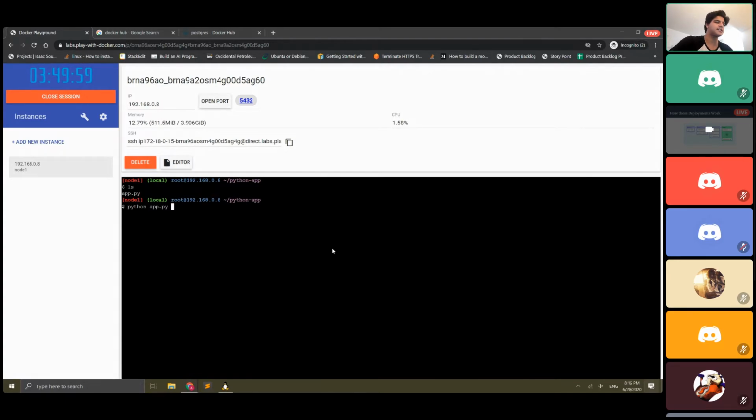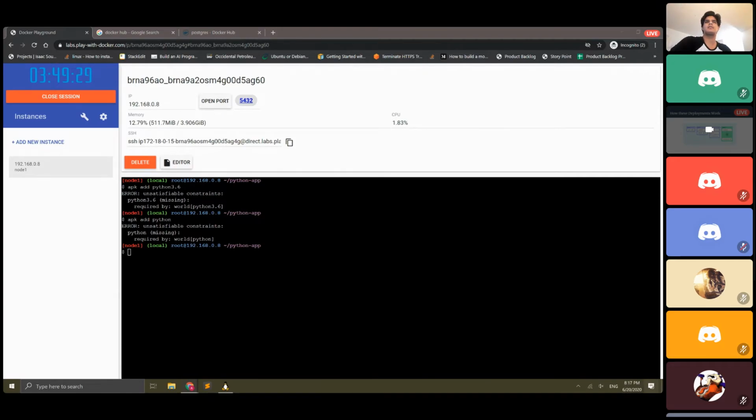This should not work, I think, because this doesn't come installed with Python. Exactly. So does Python exist at all? Nope, does not. So I can install it on this machine, but then when I go to my production server, it's just probably not going to be up there, is it? So what I end up doing is I can either install Python on this, which is apk add python. I think 3.6 is necessary. I'm not sure. Yeah, I'll install Python Alpine. On Alpine,